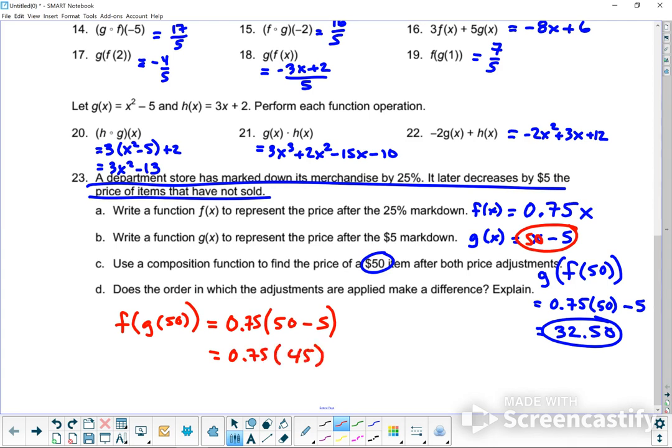And $45 times 0.75 is going to be $33.75. So the order does matter, right? If you take off $5 first and then apply 75%, paying 75% of the markdown, you're going to pay $33.75. Or if you take the 25% markdown, meaning paying 75% of it,